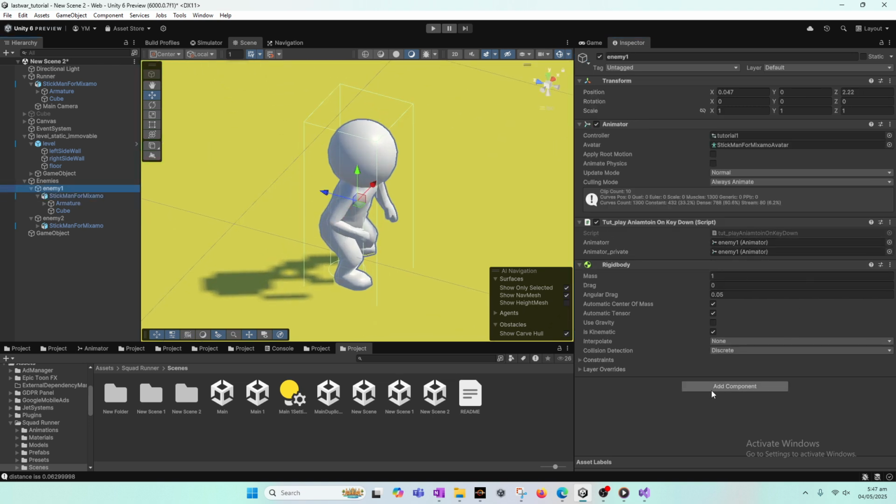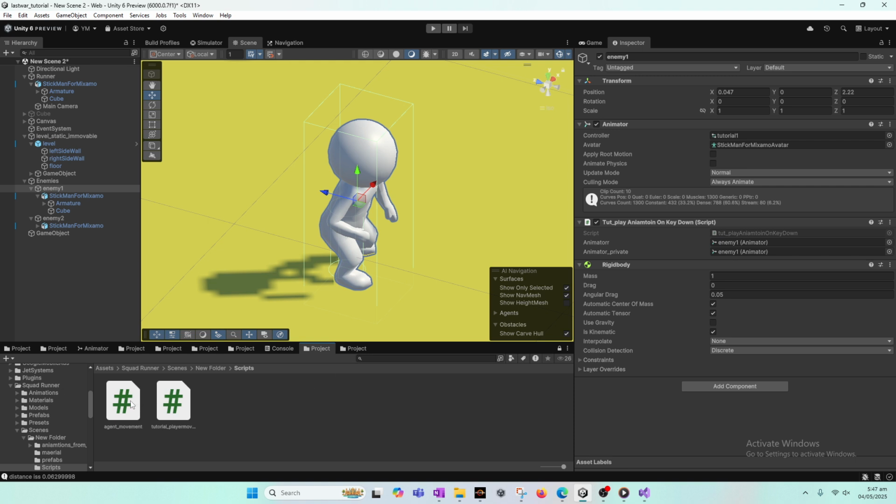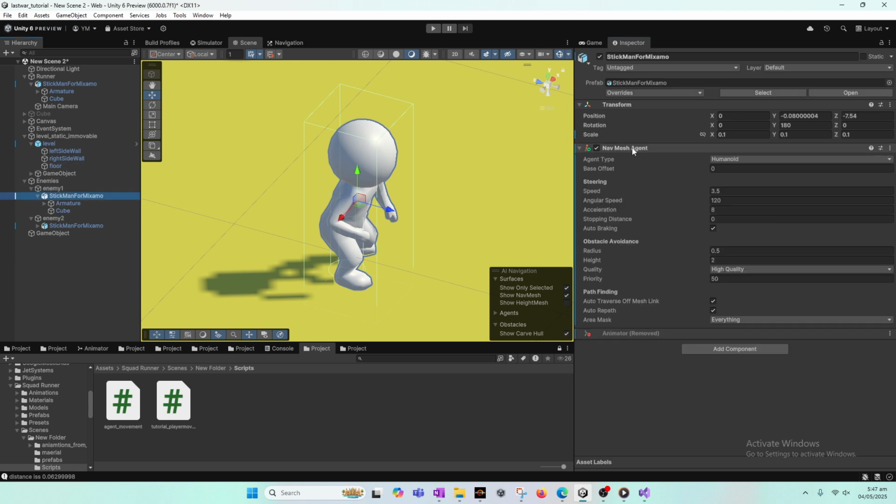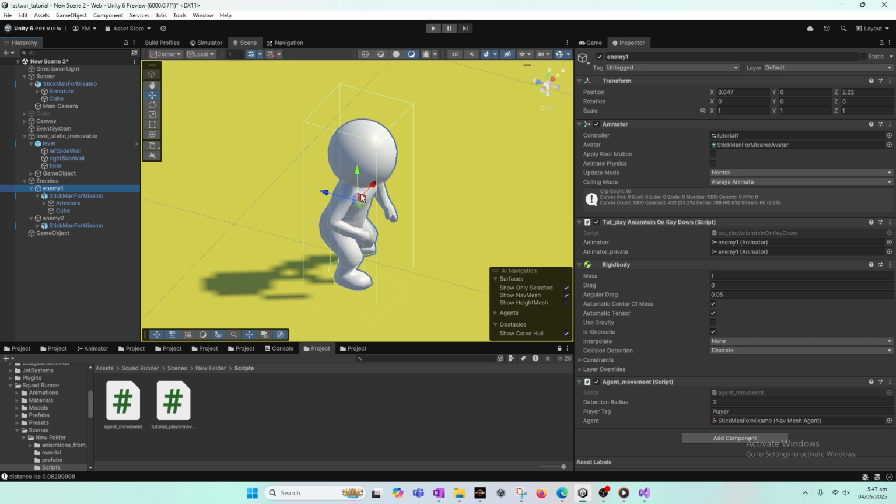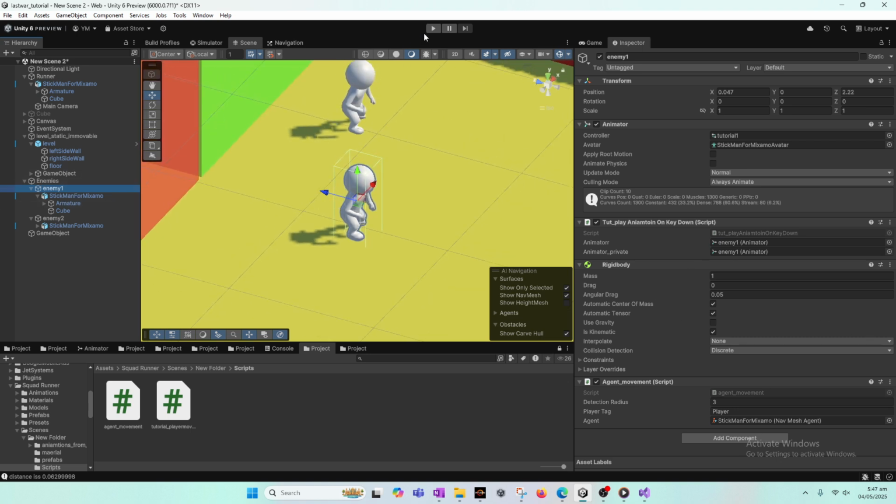And here we will add component, add this script that I have written, the agent movement script, and this script is asking for an agent, that is, where the agent is placed. Since this is centered around this child game object, the correct NavMesh agent is placed on this one, since this one shows the correct transform, the correct coordinates where our game object is. So now when I play it,